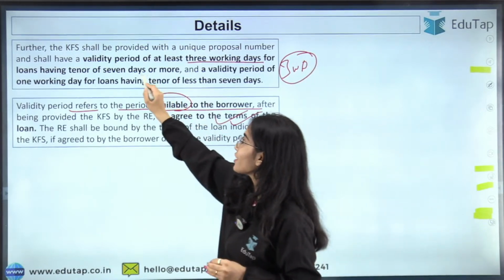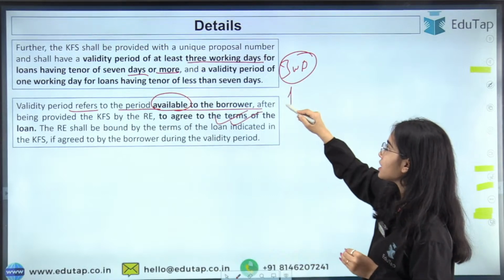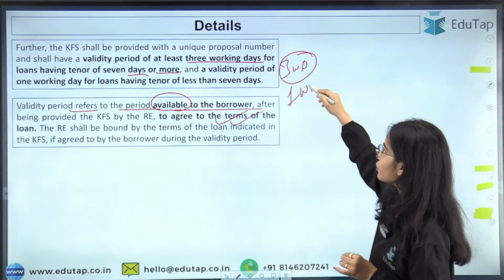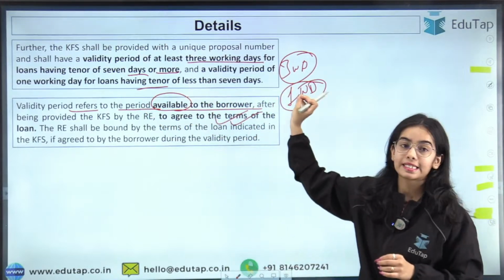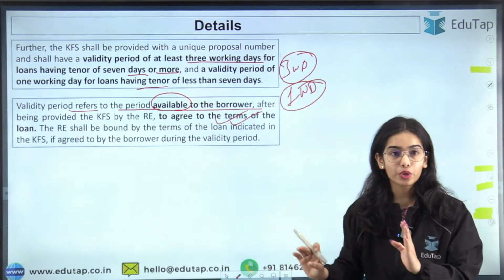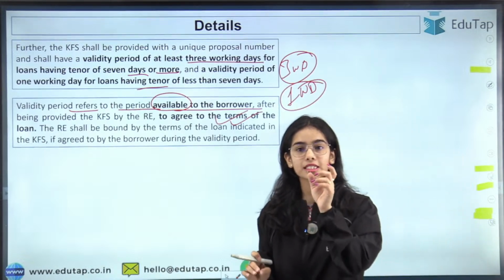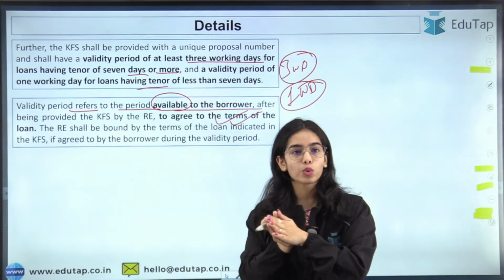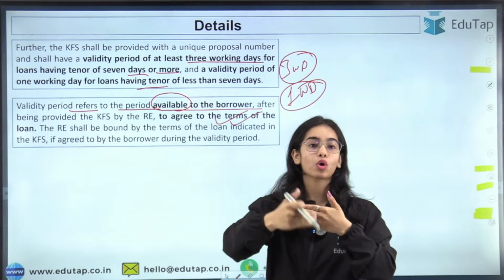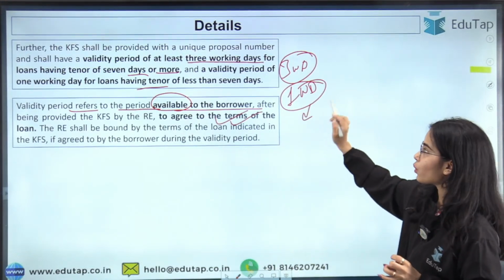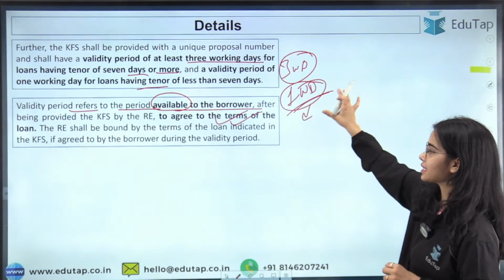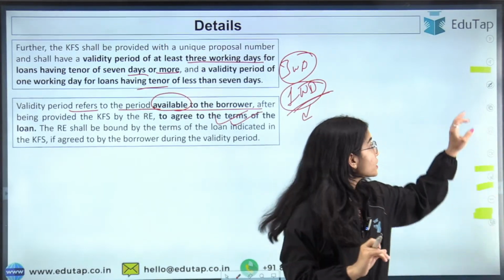Okay, so the validity period is 3 working days for a loan that has a tenure of 7 days or more, and the validity period is 1 working day for loans that have a tenure of less than 7 days. So that is the idea that you need to remember: the validity period is 3 working days for loans that have 7 days or more than 7 days tenure, and loans that have less than 7 days tenure have 1 working day as their validity period. Okay, so the next one is,